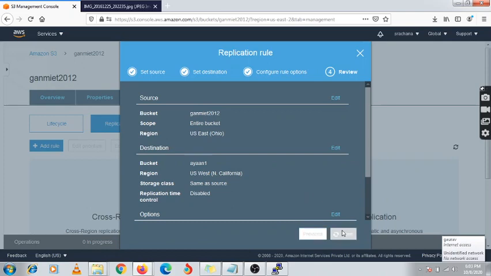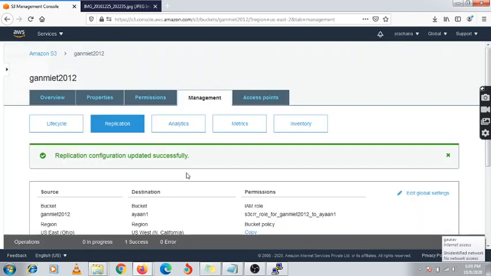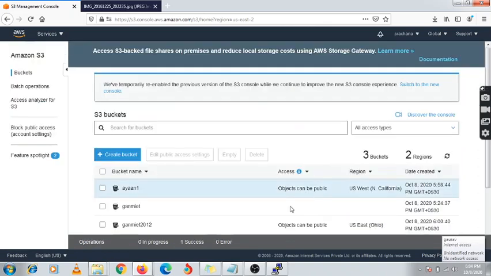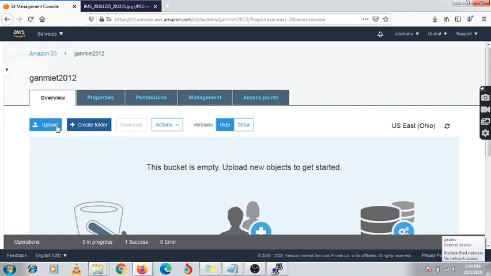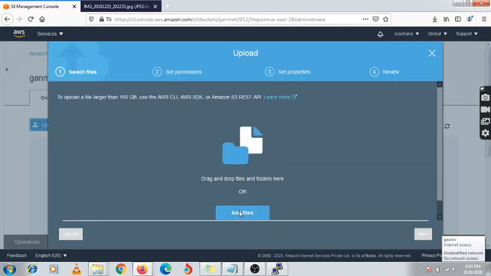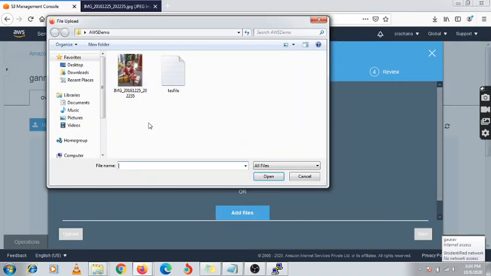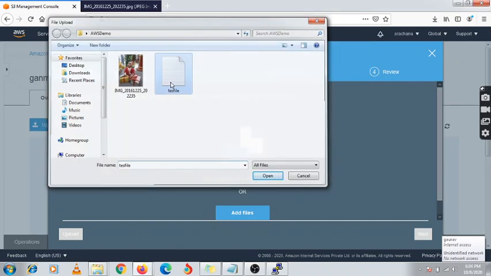Just save this setting and try to upload data from Ohio to California. First I am going under the Ohio region and trying to upload some data, and we will check whether this data reflects under the other region.